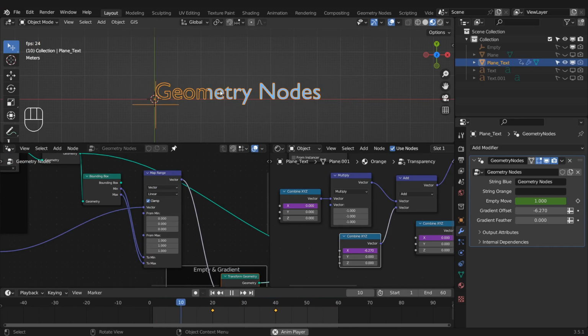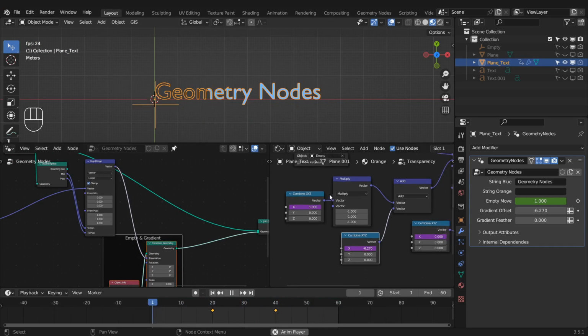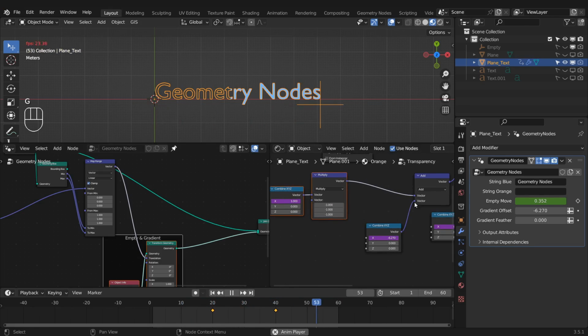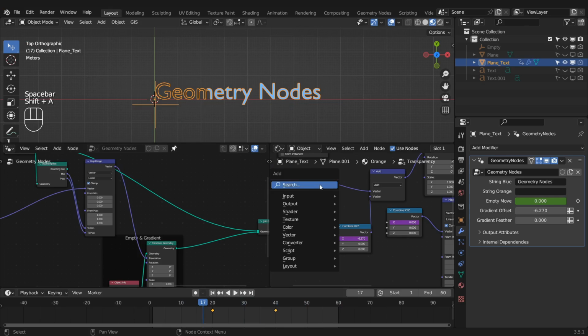But we want to actually get this texture to match the minimum and maximum values of the empty or of this bounding box, just the same way we did with the empty. Well, how would we do that? Well, the first thought you might have is to put in a map range node here. Let's go ahead and stop this. And if I do